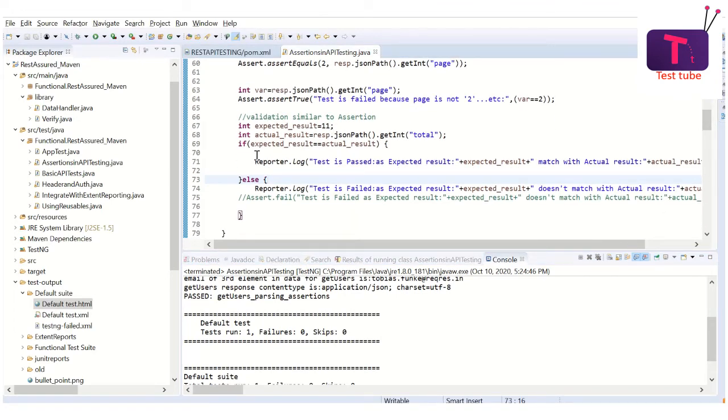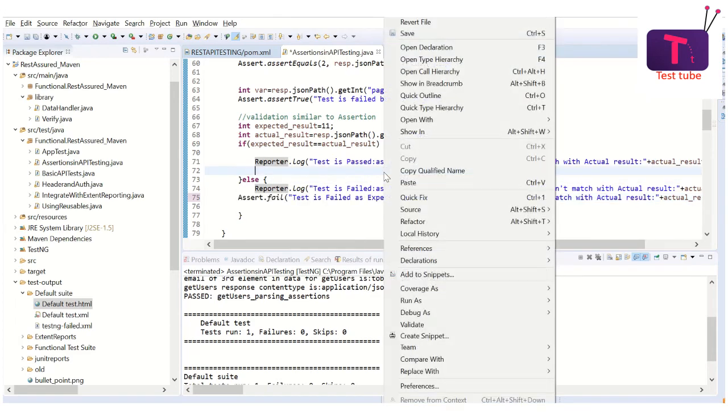Like I said, there are two objectives for us. One is to print the message. The other one is to do the right action, that is, mark the test case as pass if it really passed, mark it as failure if it is not. But in this case, what happened is it has marked the test case as success, but it has displayed a message for failure, right? So one of the two objectives is not met. And how do we achieve the other objective is by using this statement. In this case, it will print the message, and also it is going to fail the test case. All right. So let me run this again.